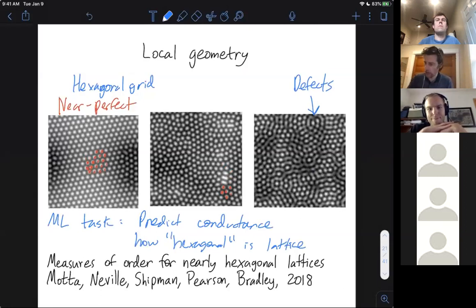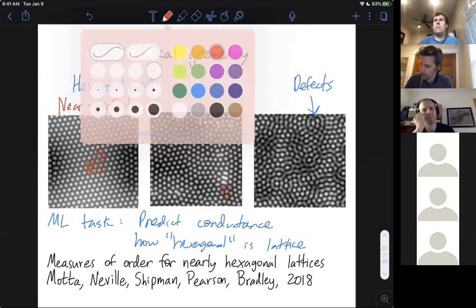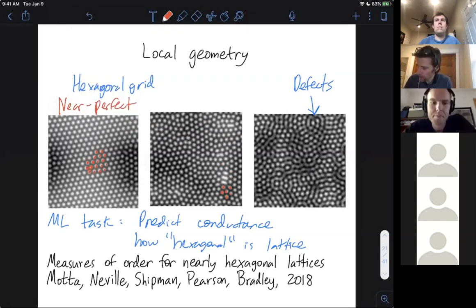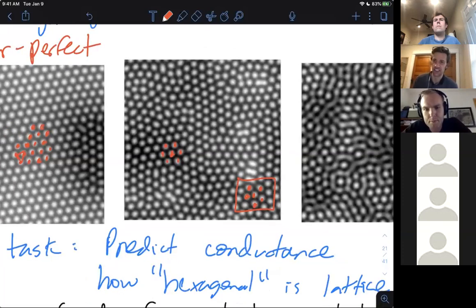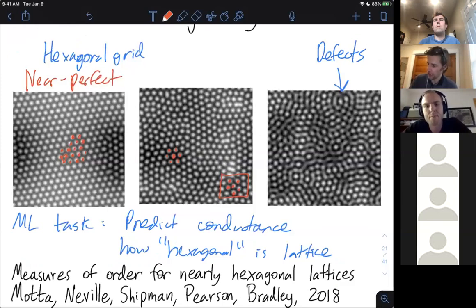People would say, okay, typically an atom has 6 neighbors. So this atom has 6 neighbors, and I'm going to count that as a regular atom. But sometimes you'll have atoms that have 5 or 7 neighbors, and you'll call that a defect. So people would count the number of defects per unit square, and that'll be one feature. And then we'll look at all the angles between adjacent atoms, and that'll be another feature.